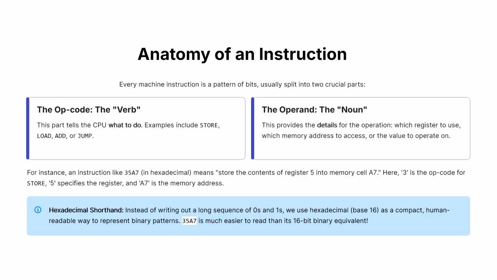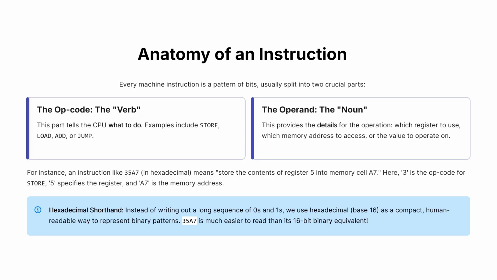Now, how does an instruction actually look? It's a bit pattern, typically broken into two parts: the opcode and the operand. The opcode is like the verb. It says what to do: store, load, add, jump. The operand is like the noun. It gives the details. Which register? Which memory address? In the example machine language from one of our textbooks, each instruction is 16 bits long, 4